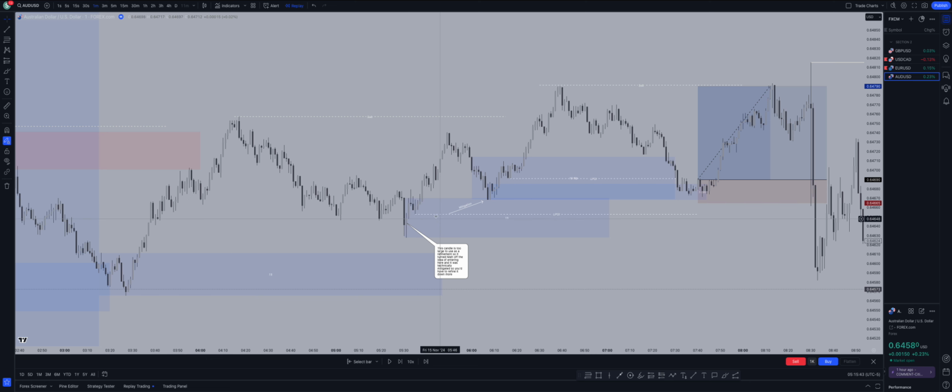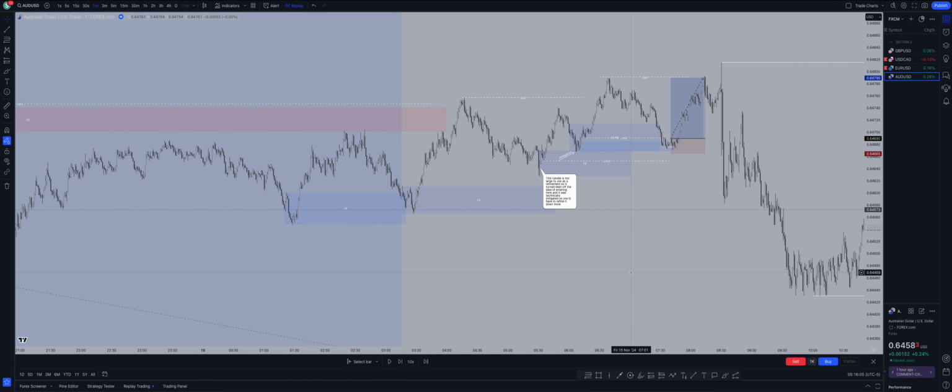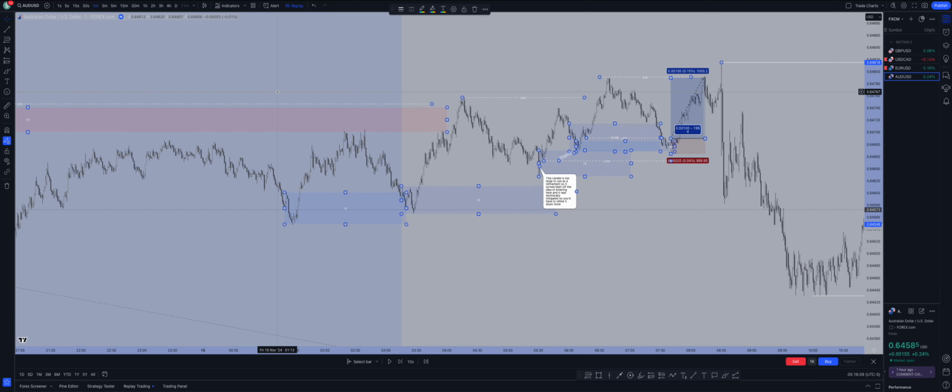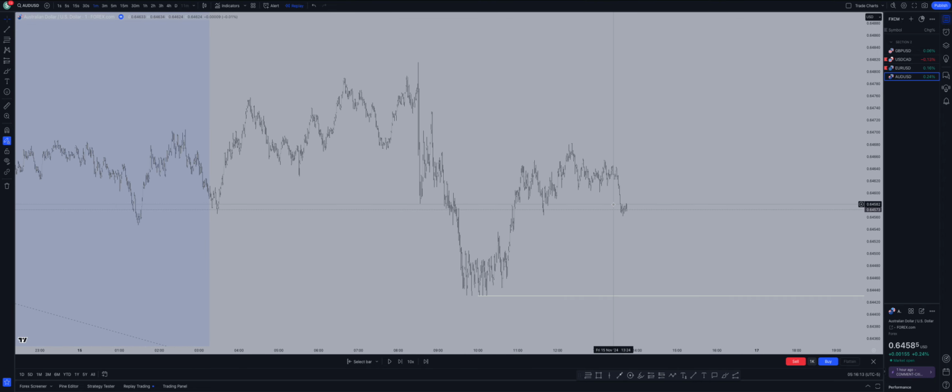to look for buys, this in a refinement, we don't really like that too much, and it's already been kind of mitigated. Price comes into the extreme of the flip, we get momentum, that's a trade. Thing is, news is within an hour. So I'm not putting this down on my end of day trades because I wouldn't have been looking to take a sell. But with that being said, technically no available trades per my plan.